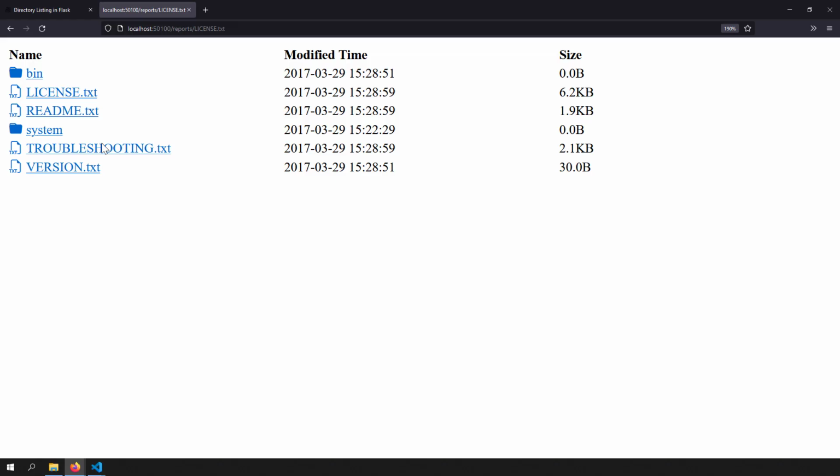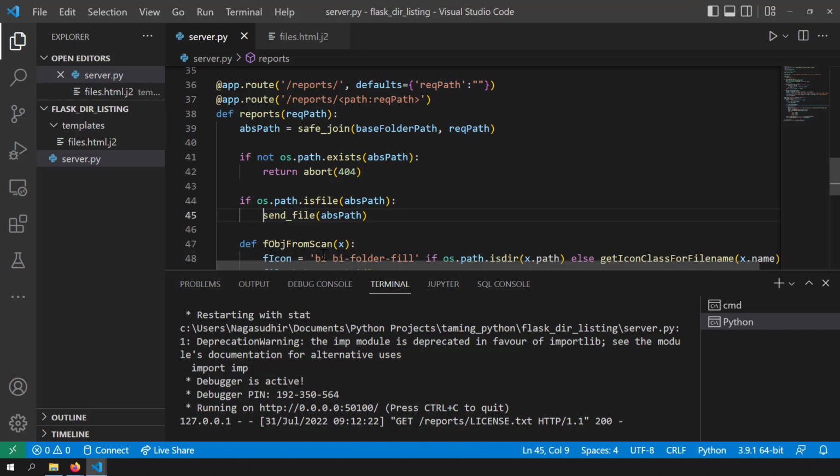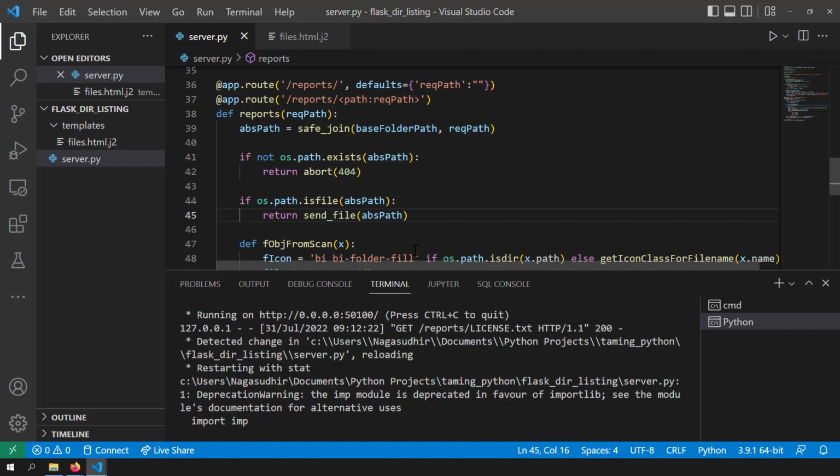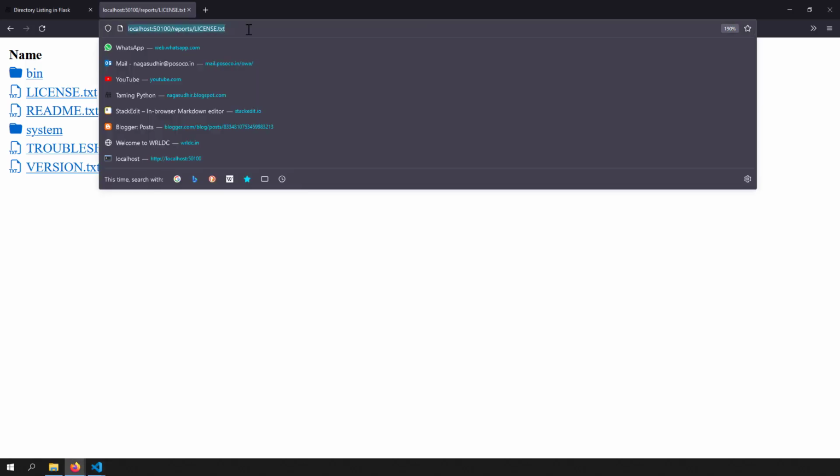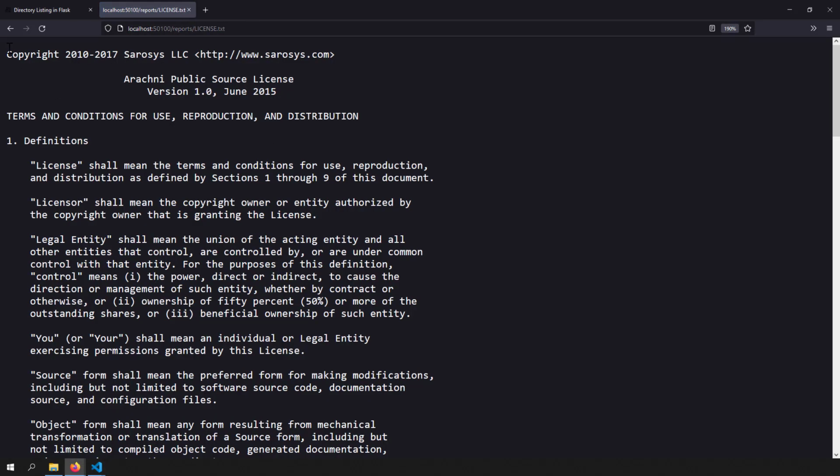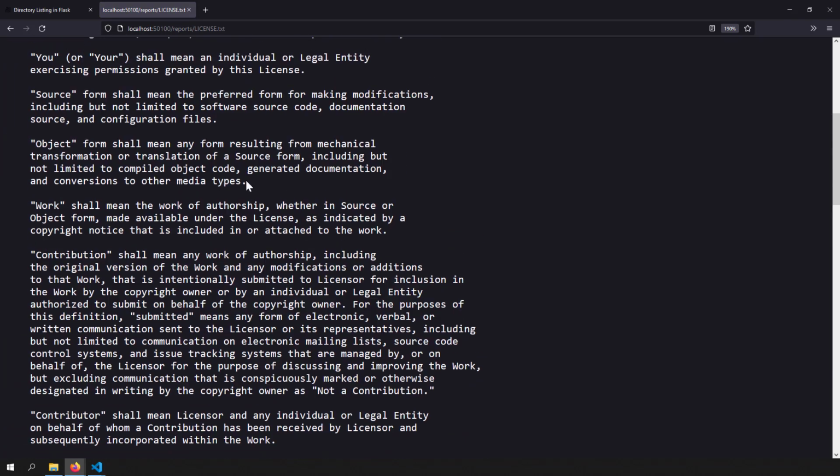Let me try to save this now. Okay, I'm getting the same page because I just forgot to write return, because I have to return the send_file, right? So I'm just saving it. And if I go to /reports/license.txt, I'm able to open the license file, and I can even save it here. Since it's a text file, it opens in the browser, but you can even save it by saving the page